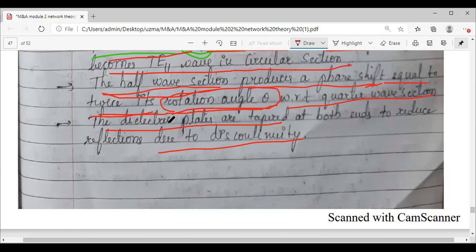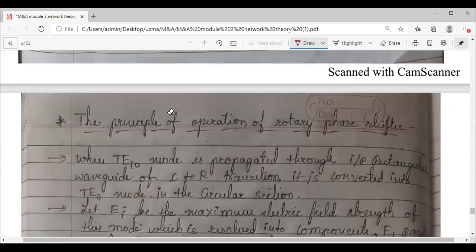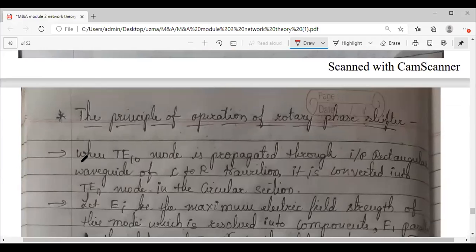Now coming to the principle of operation, how is this 2 theta produced? We have to do a mathematical analysis. Okay, so let us start that. Let us do this in a very peaceful way, because there are many steps involved here. So let us deal with this principle in steps. So slowly we will move.